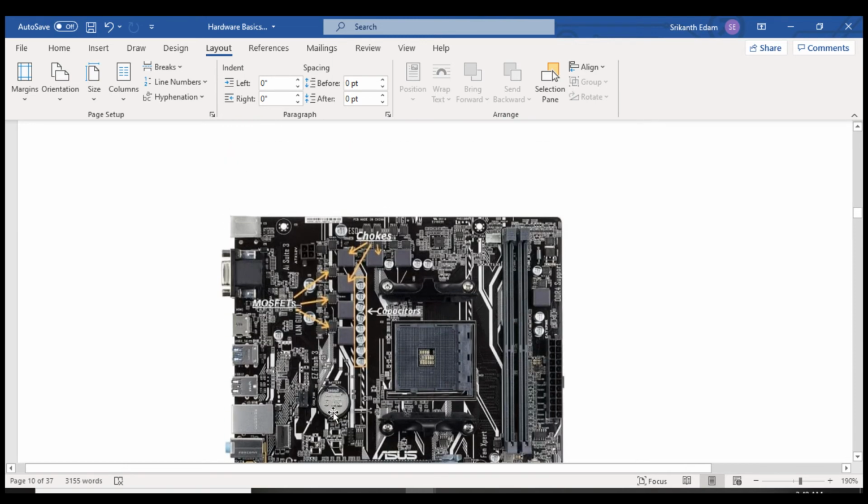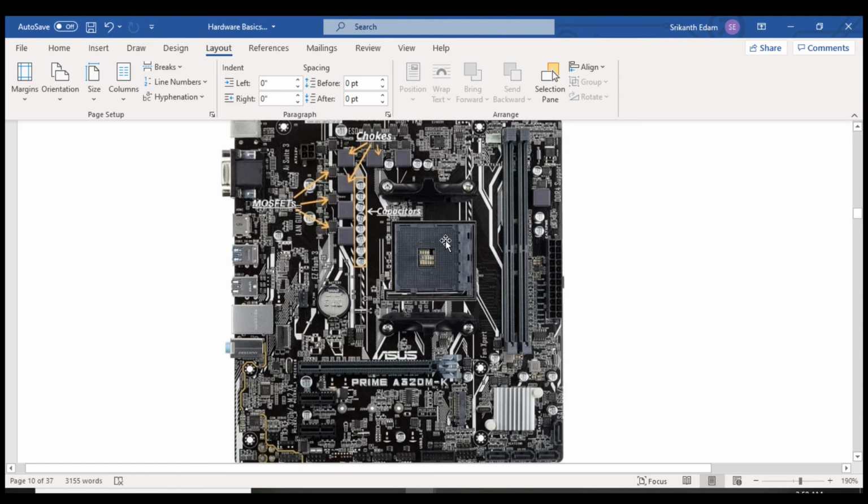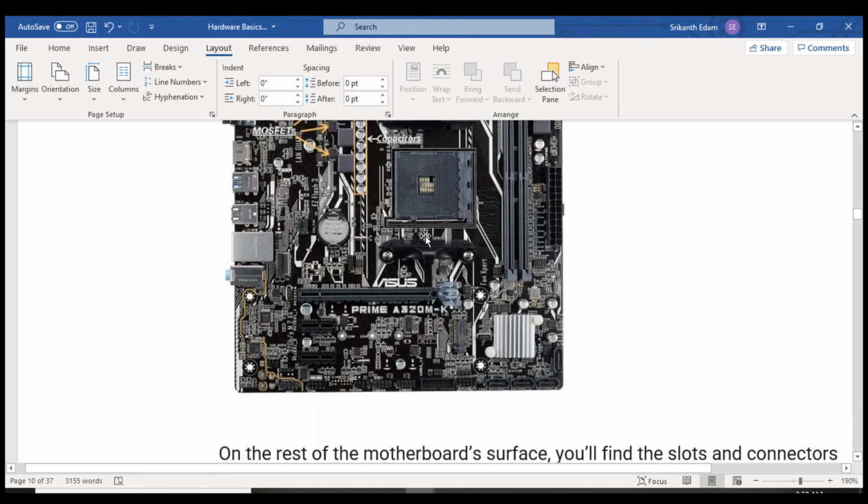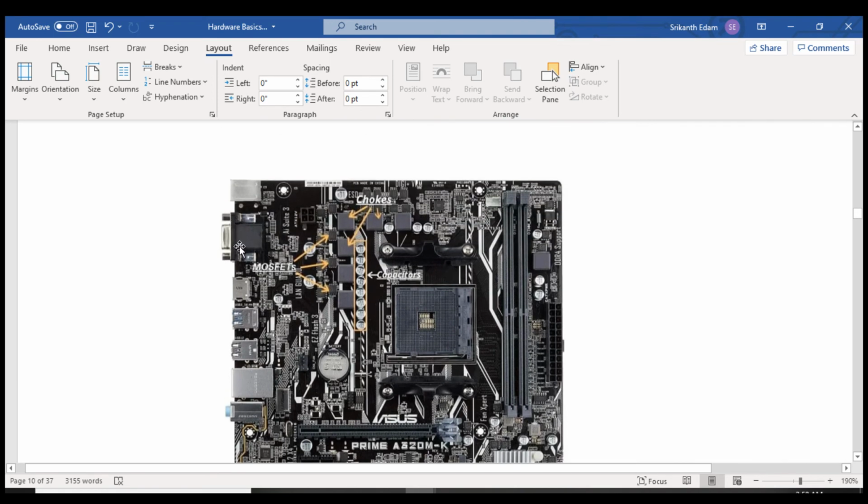This is the BIOS battery. This is the CPU socket. Once you connect the CPU, here you see four things, right? Here we have to connect the CPU fan. And what do we have extra here? This is the outer side of the motherboard, where we connect our monitor cable and USB ports. Here we connect the SMPS for power supply.